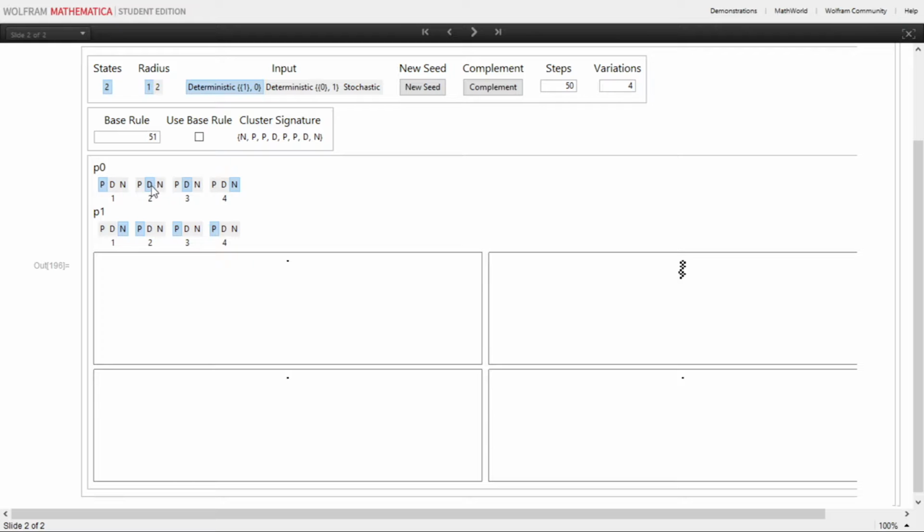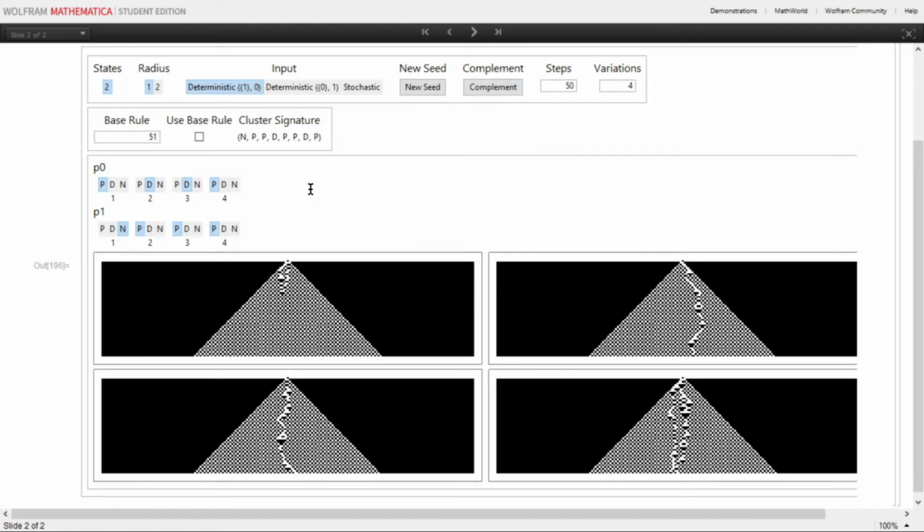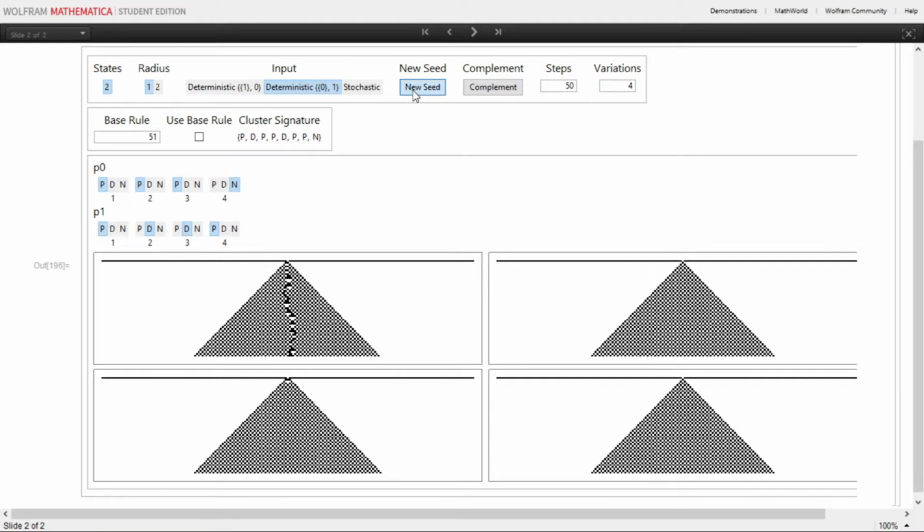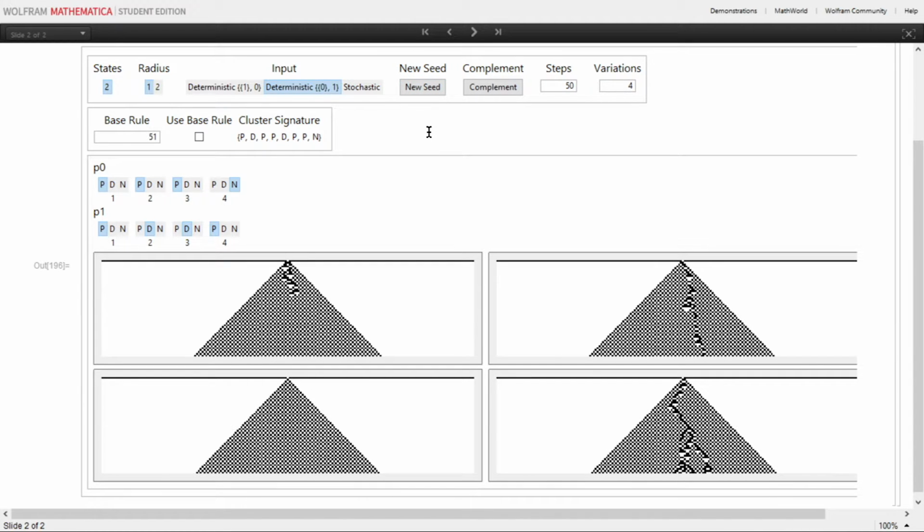Okay, that was one. The other one is, we call it rips from top in triangles. This actually was very pretty. We saw that this morning. So P, D, D, P. Oh, there you go. This one here has, in fact, triangles right at the end. Every time it finishes, it has a triangle. Very, very interesting. We do that also with complement, and we have the same issue, but we change the deterministic, we flip it around, and now we have it the other way. And there you go. You change the seed, it changes everything in here.